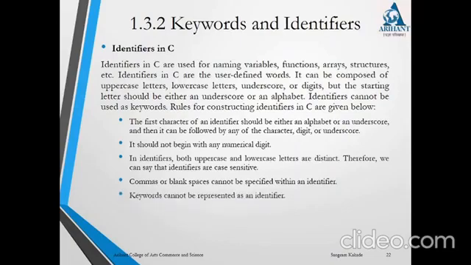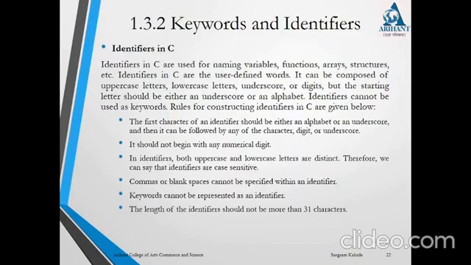Keywords cannot be used as identifiers. As I said, we cannot use keywords as identifiers because keywords have their own purpose. The length of the identifier should not be more than 31 characters. So it should not exceed 31 characters.